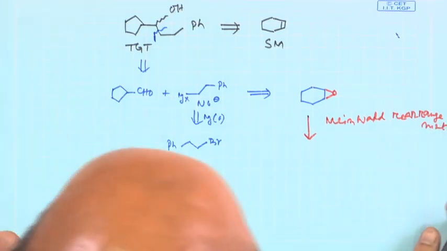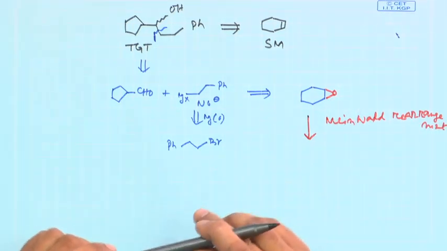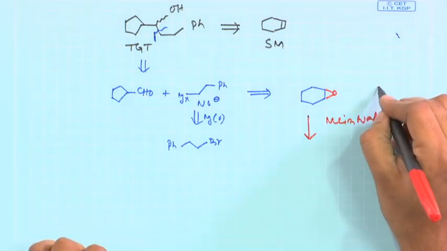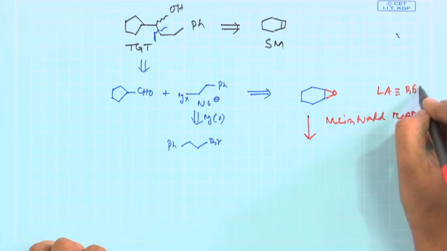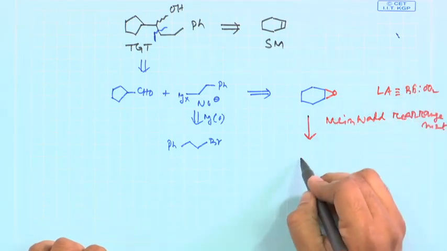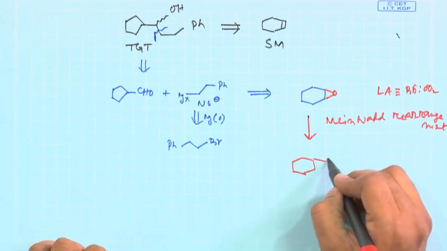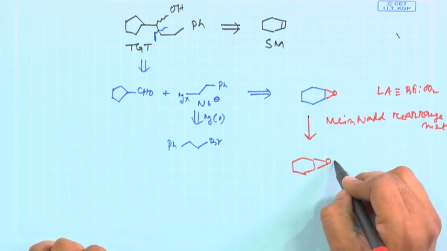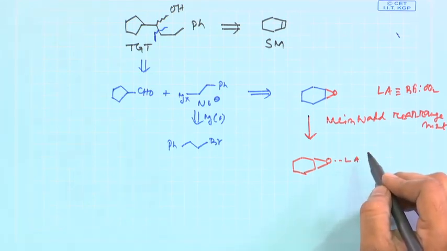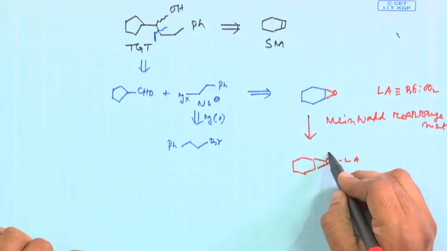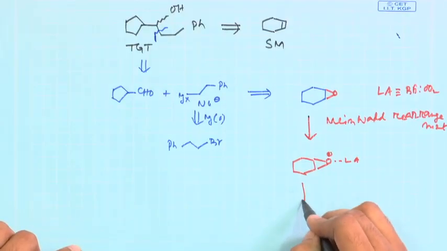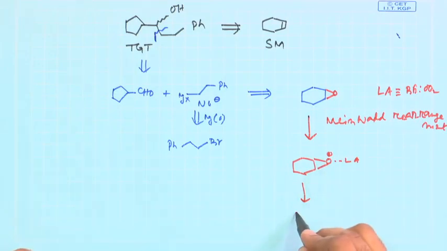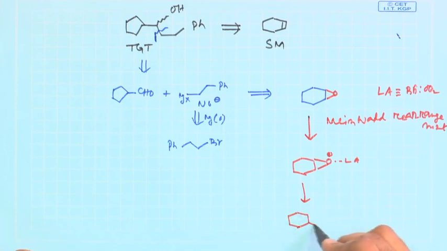Now, what exactly is it? When you have a cyclohexene epoxide, you treat it with a Lewis acid. You can take any Lewis acid; the preferred one is BF3 etherate, but for the sake of simplicity we will just write Lewis acid. The Lewis acid will coordinate with the epoxide oxygen, and once it coordinates, these carbon-oxygen bonds are loosened up or become fragile. It is a symmetrical epoxide, so it will try to open up and give you a